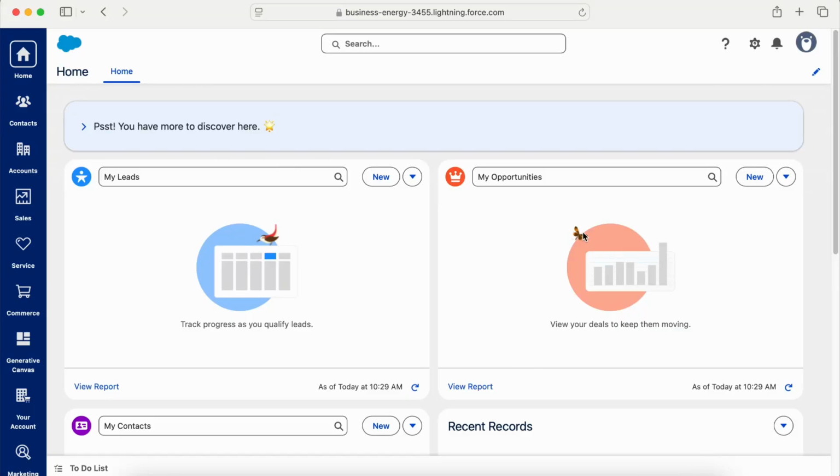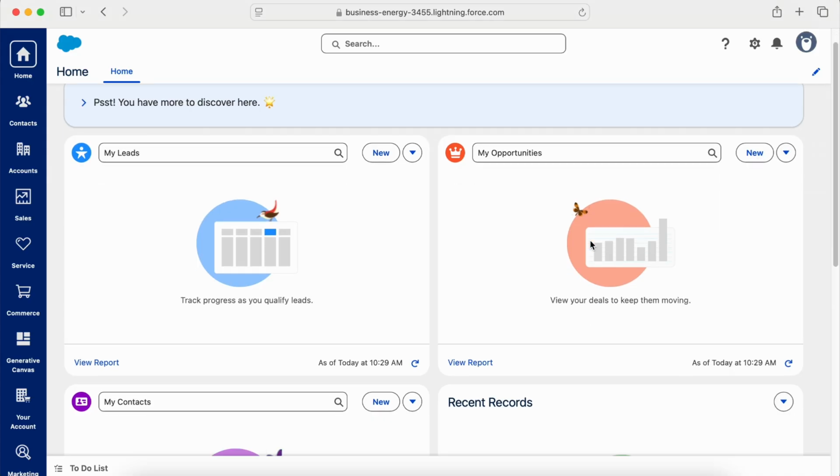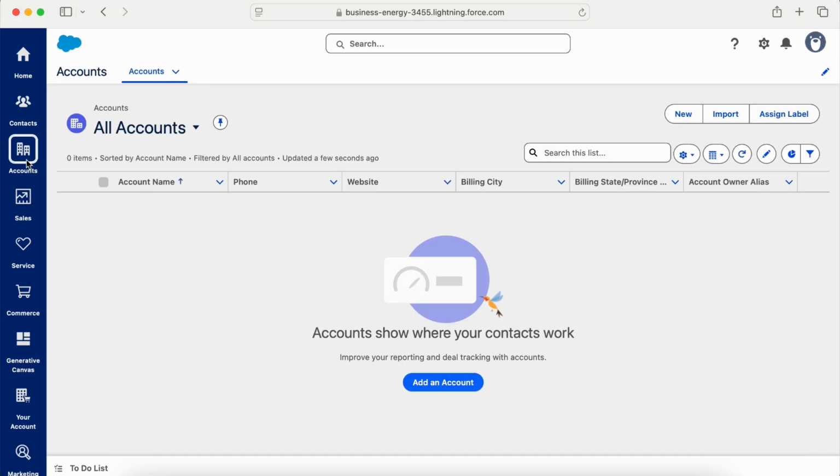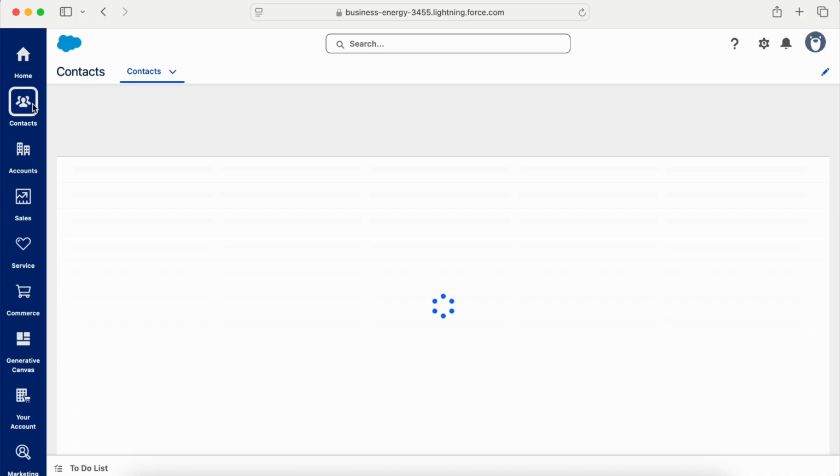In this video, I'll show you how to master Salesforce CRM in 2025 with a complete guide covering all essential features. First, start by setting up your Salesforce org and familiarize yourself with the Lightning Experience interface, including the navigation bar and app launcher. Next, learn to manage core CRM objects by creating and customizing accounts for companies, contacts for